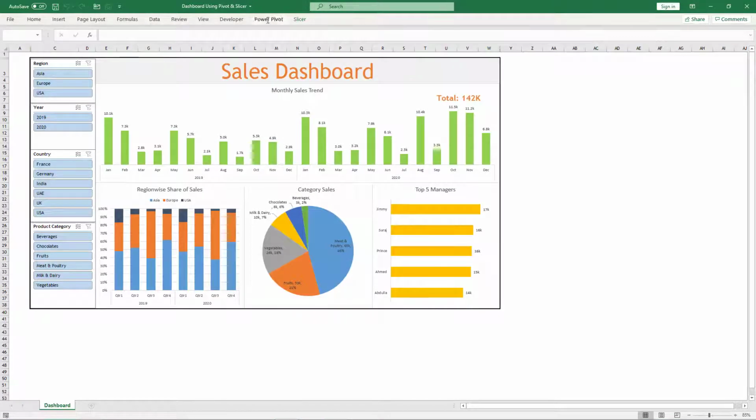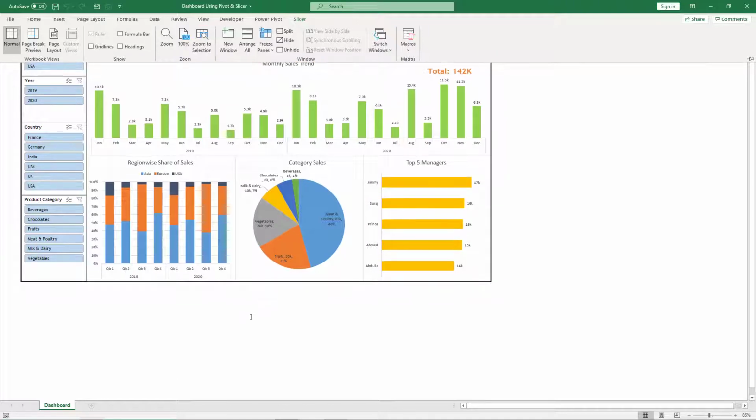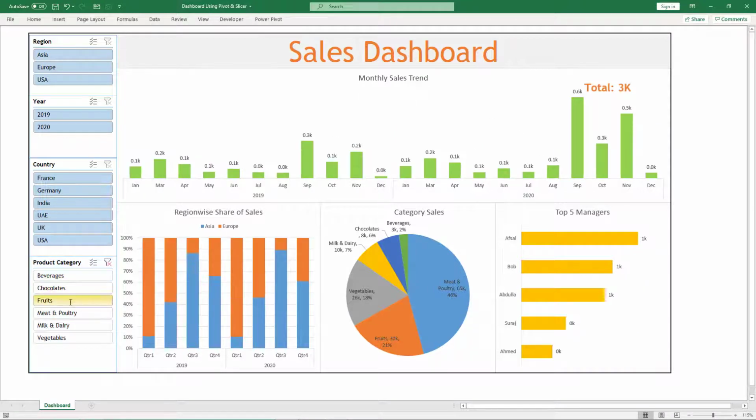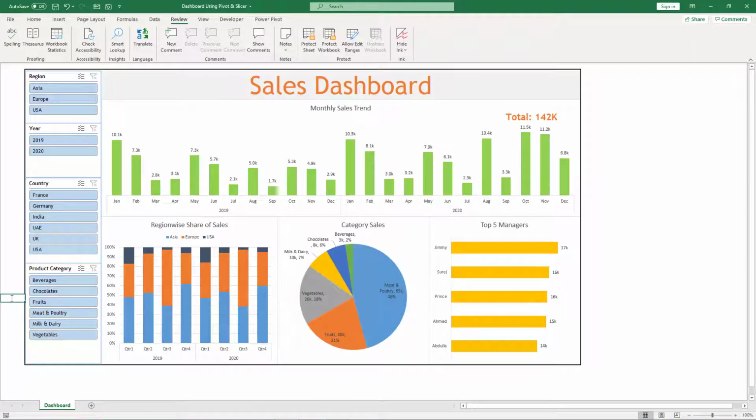Minimize this menu. You can go to View, and maybe headings and formulas also you can avoid, increase it a little bit, and now this is the dashboard which is ready to be used and shared. Share it in your email or shared drives or anywhere. Okay, and it is fully interactive because of the slicers, and it looks nice also. If you want this practice file, the link is mentioned in the description.